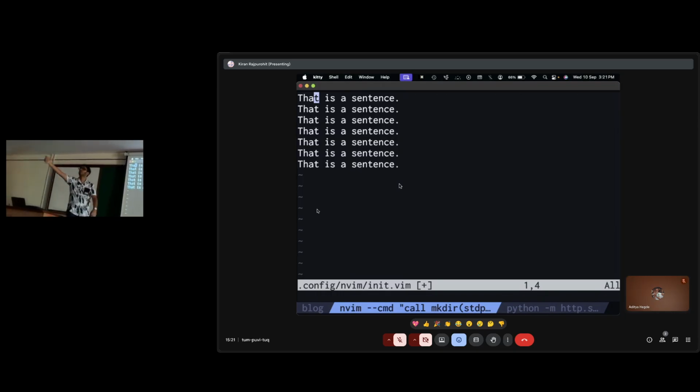How do we select? Control V. Again, 0 to 12 is the start. Are you on Windows or on Mac? Mac. So you do Control, not Command.